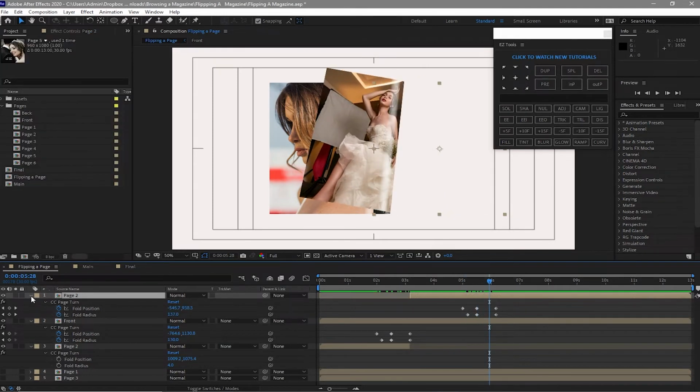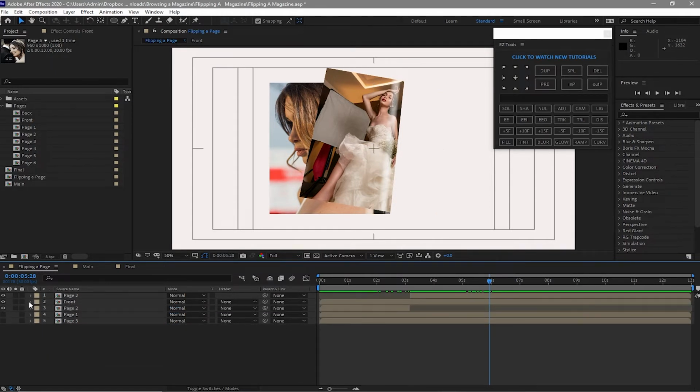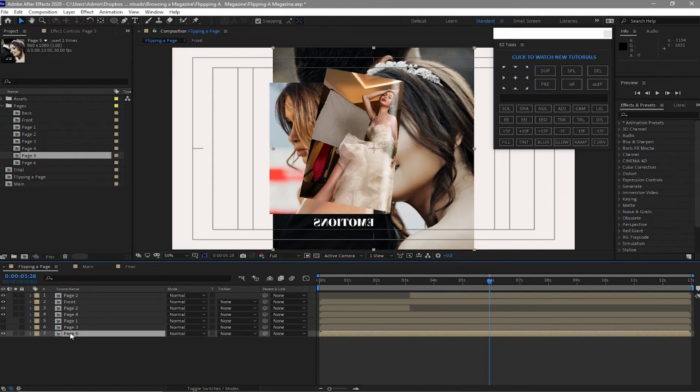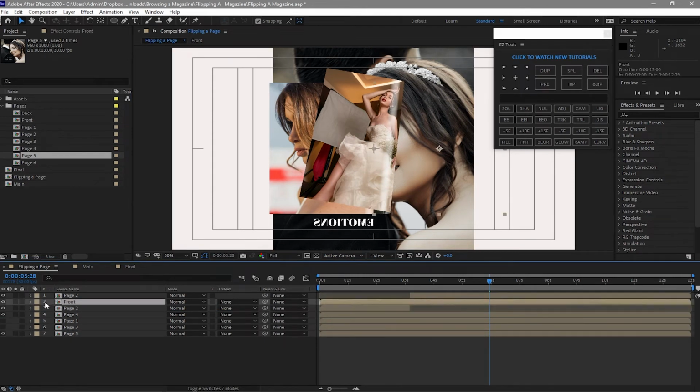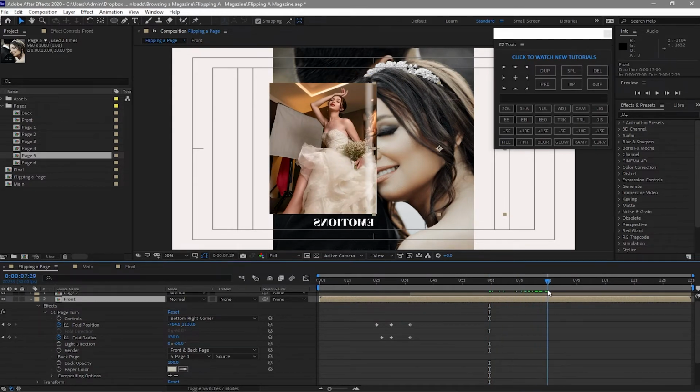So now I'm gonna close this first to have some room, and then go back to project and drag down the page 4 just below the page 2, and then drag down the page 5 to your timeline just below the page 3, and open the front and move your playhead to about 8 seconds,